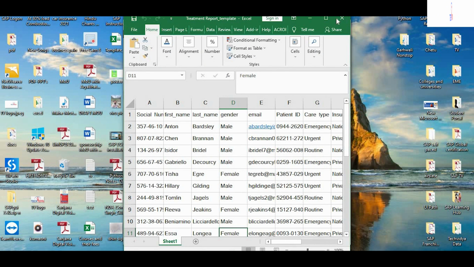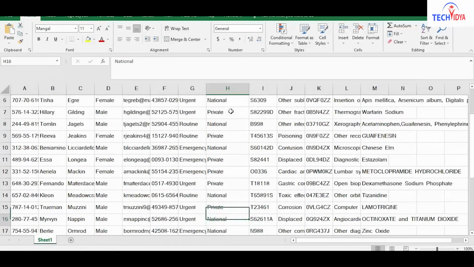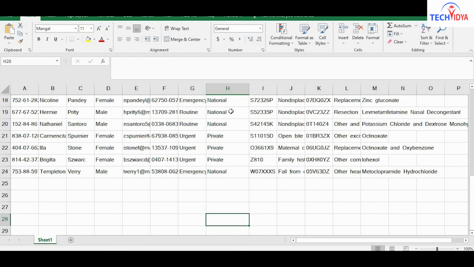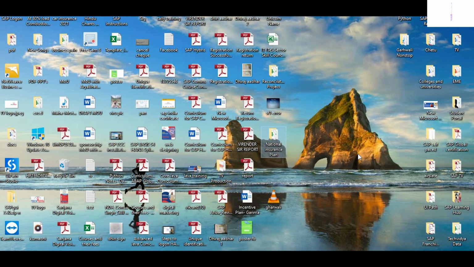We see that all the fields have already been entered here, and it automatically segregates all the patients with national insurance type and enters their details into the application form. Talking about the time taken for the activity, it's 4:10, so it may take around 12 to 13 minutes for the whole process. As the recording is also going on, it's a little slower. In regular practice, it will take maximum 5 to 8 minutes for this process.